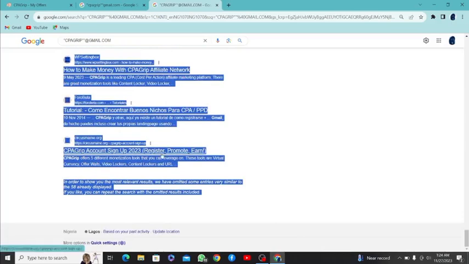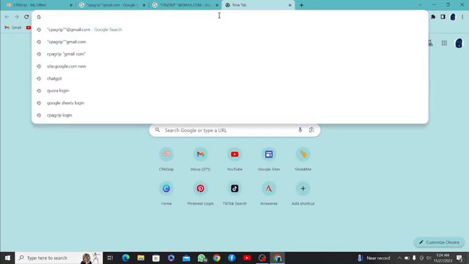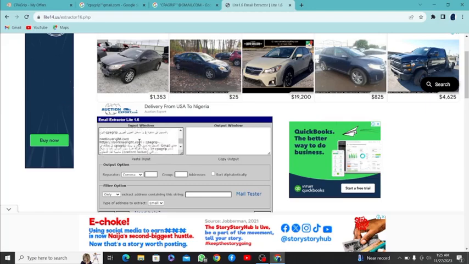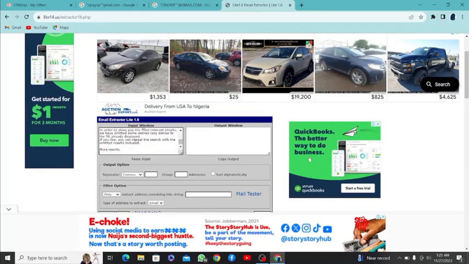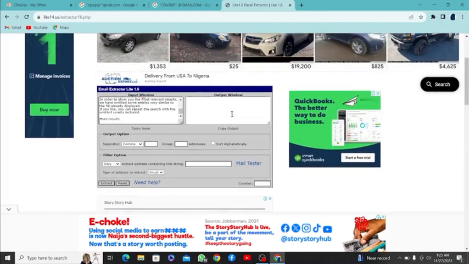All right, this is it. I'm going to copy it this way, and I'm going to head over to this website called light14.us. It has opened, and you see this is all the text I copied from there. After you have pasted your text here, all you have to do is scroll down a little bit, and you see something like extract. It's going to extract and give you all the emails that are inside there.